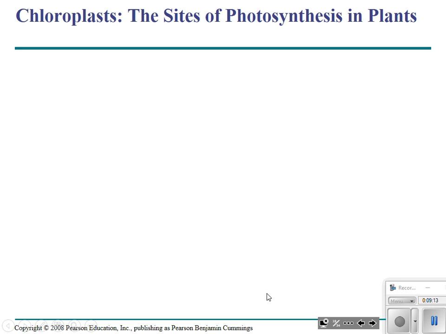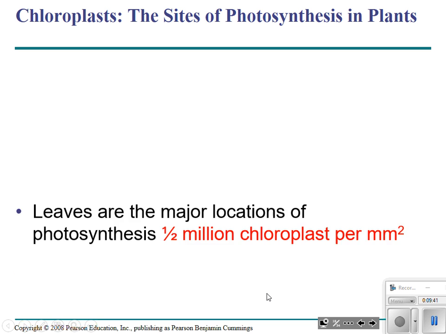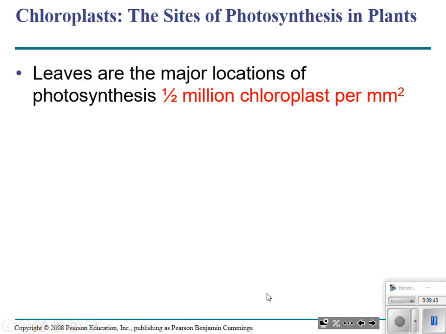Chloroplast. You ever heard of the chloroplast? Now, don't tell me you haven't heard of that, Brandon. Okay? We just talked about cell structure before we did cell processes. I guarantee you have a foldable of a chloroplast in your notebook right now, right? The chloroplast is the site of photosynthesis.